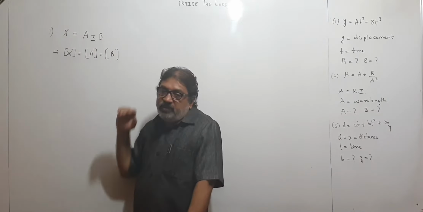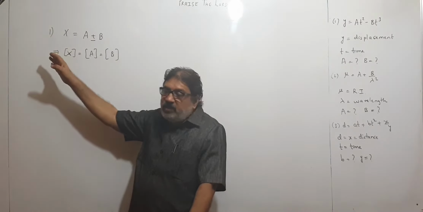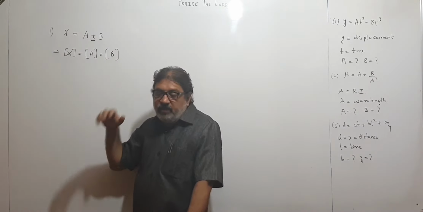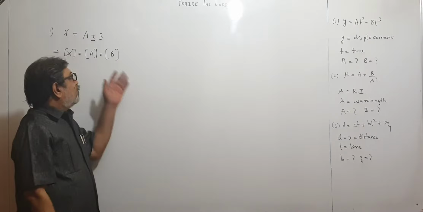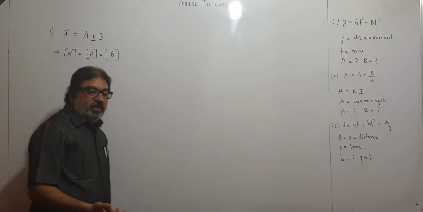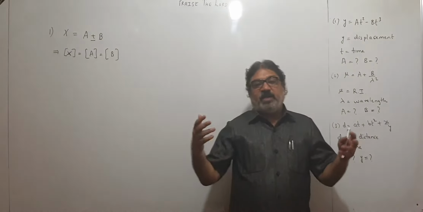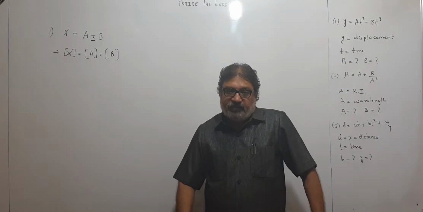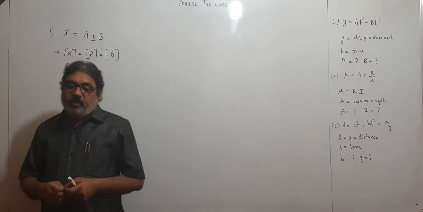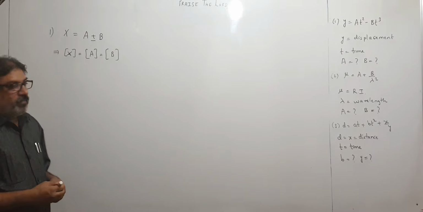So meter, meter and meter, and kilogram, kilogram and kilogram. 10 kg plus 5 kg will be 15 kg. So this is in kilogram, this is in kilogram, this also is in kilogram, the result. That way we think. I cannot have 2 meter plus 3 second. What will be the answer of 2 meter plus 3 second? I don't get anything meaningful out of that. So that means we can't add two quantities which are having different dimensions or different units. We can't add. So we understand that if x is equal to a plus b, then dimensions of x and dimensions of a and dimensions of b are same.